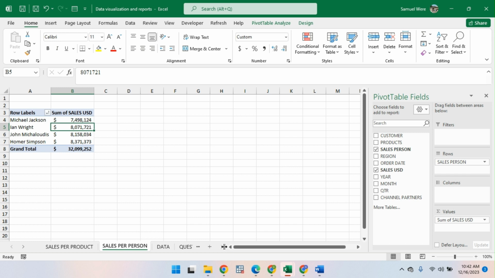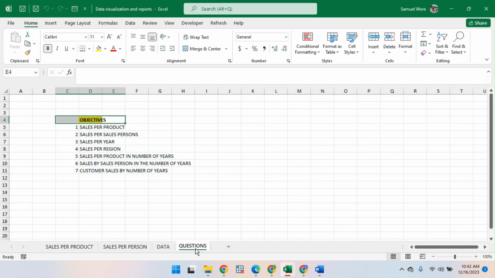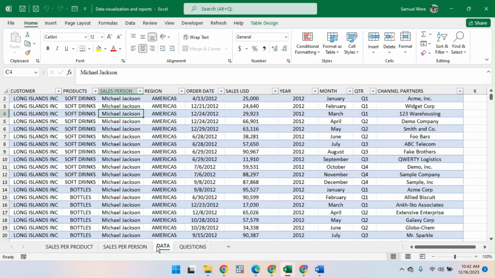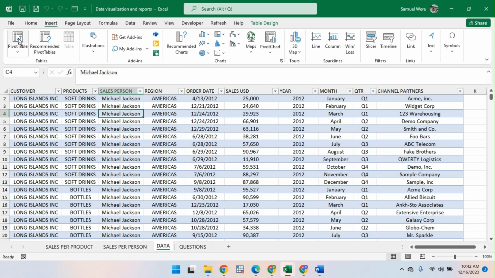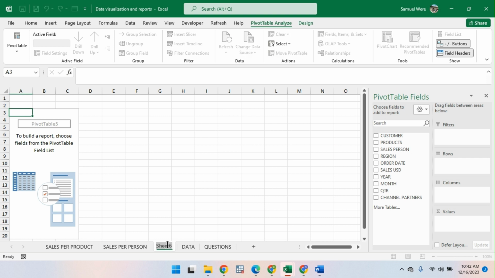I want to go to the next question, which is sales per year. So go back to your data, come to insert, pivot table, a new worksheet, and name it sales per year. Remember, this is sales per year now. So I'm going to click on sales,